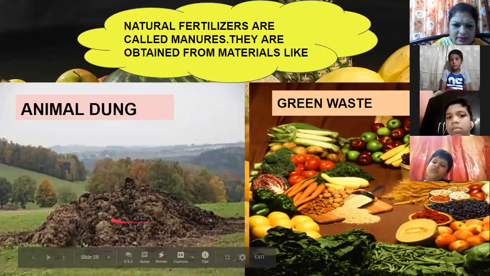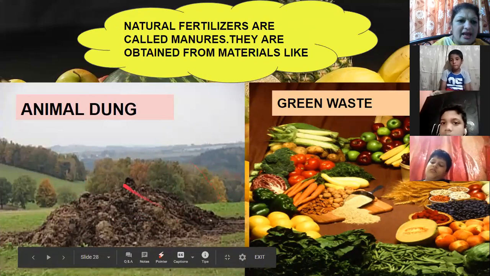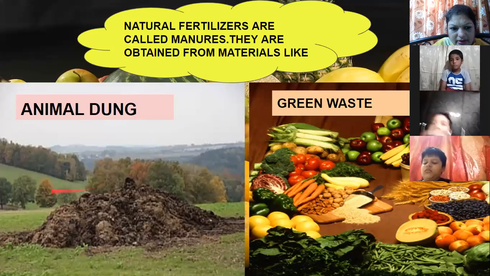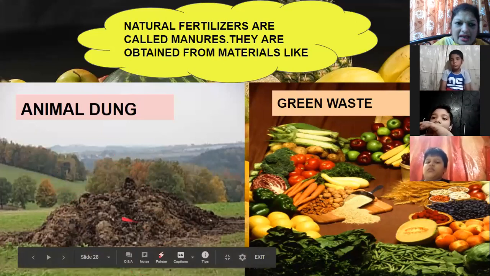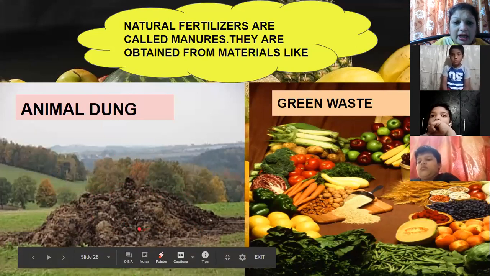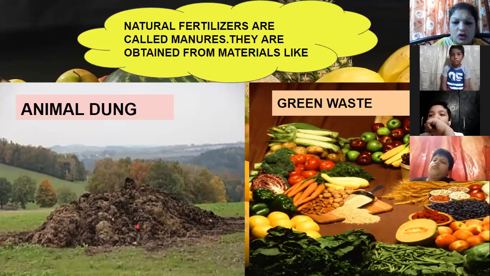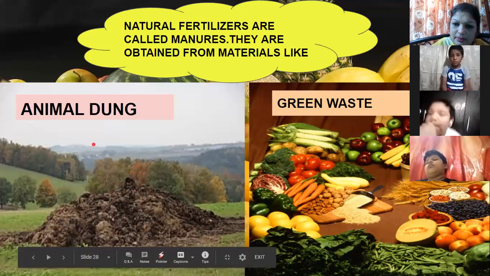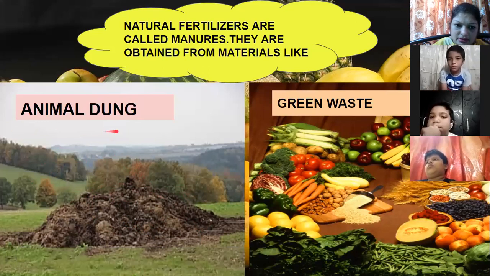Yes, can you see something on the screen? Yeah, these pictures. Animal dung. Do you know animal dung? The waste of animals. It can be cow, buffalo, goat. This is the dung. We make dung cakes also. And out of this dung, the waste of animals, we are preparing natural fertilizers. That means this animal dung is a very nutritive substance for the soil, which will help the crops to grow. So natural fertilizers are prepared with the help of animal dung.